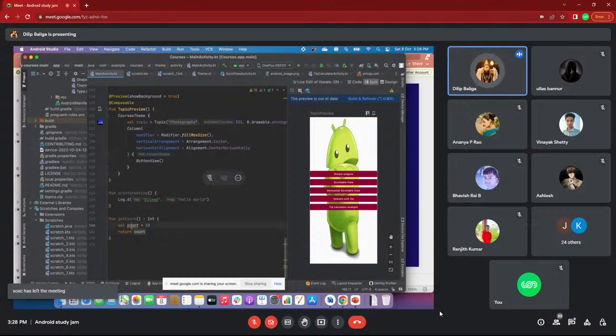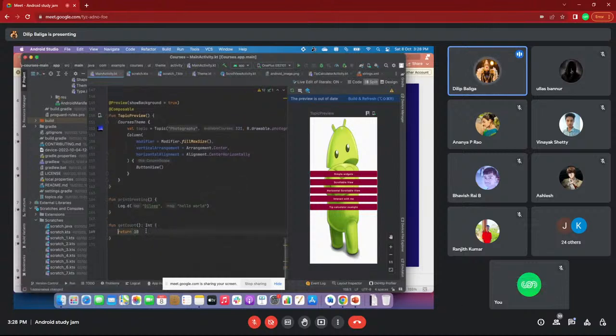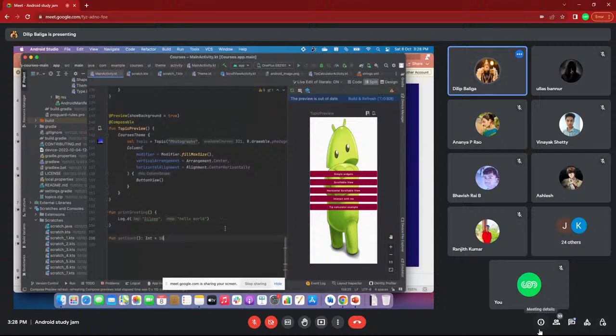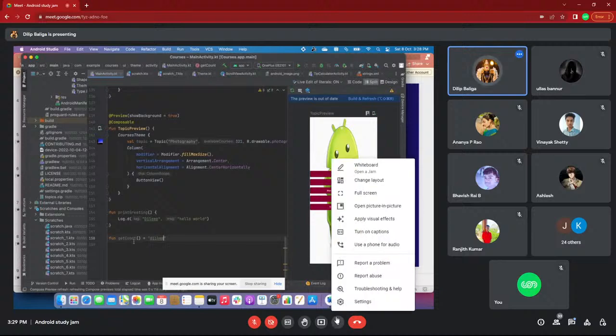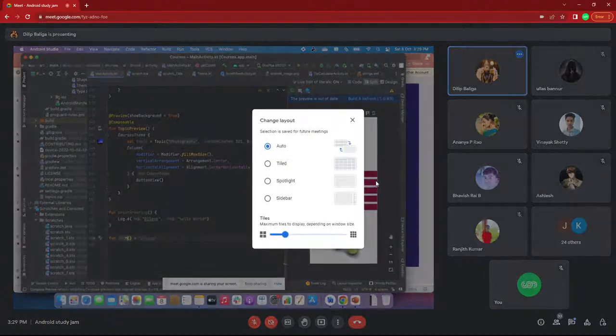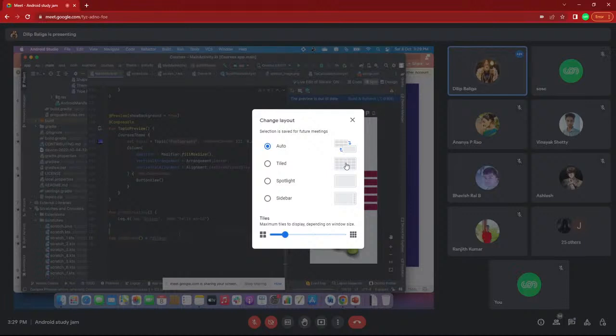See, again in Java, Kotlin, very easy. You can specify this inline only: return 10, or you can specify it like this also. I can remove a thing. Kotlin is very easy, that's the reason I mentioned it. Now I can even remove the variable also. getCount equal to 10, or I can specify getMyName.